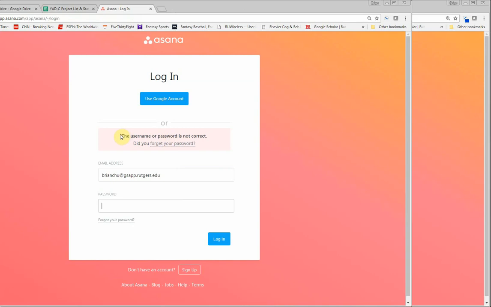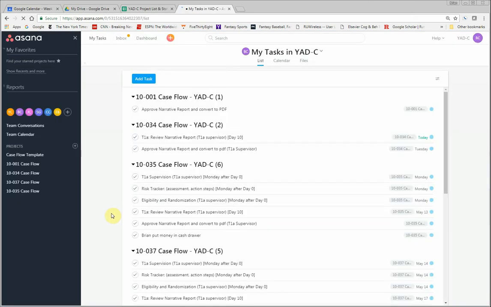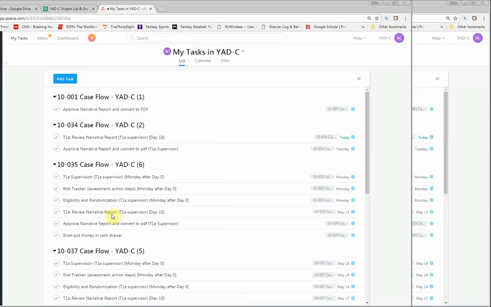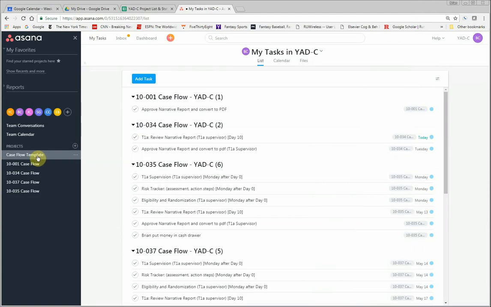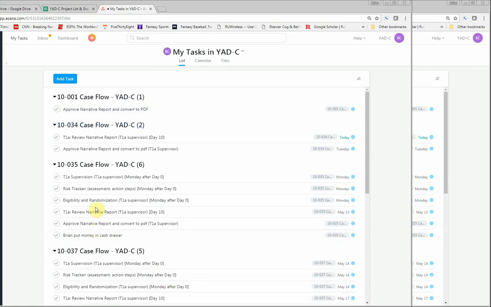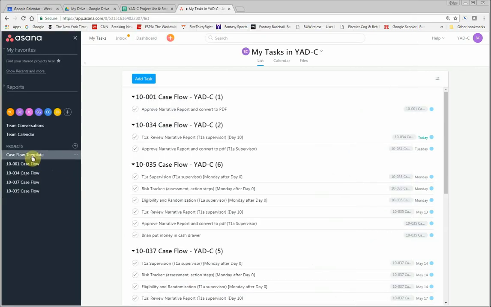When you're doing a screening, after you have actually completed the screening, it is then your job to create a new Asana case, right? And as part of that, you would be assigning all the pieces that you can assign up to this point, okay? So after you've completed your assignment, you would see my tasks. None of these things are related to the thing that we're doing right now, but here,